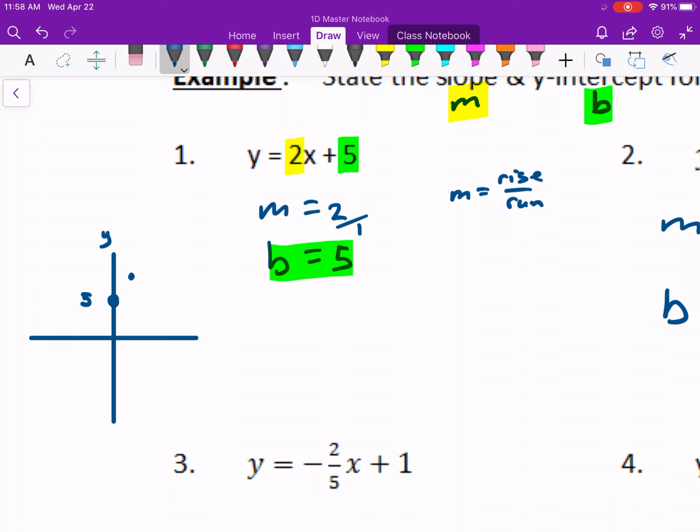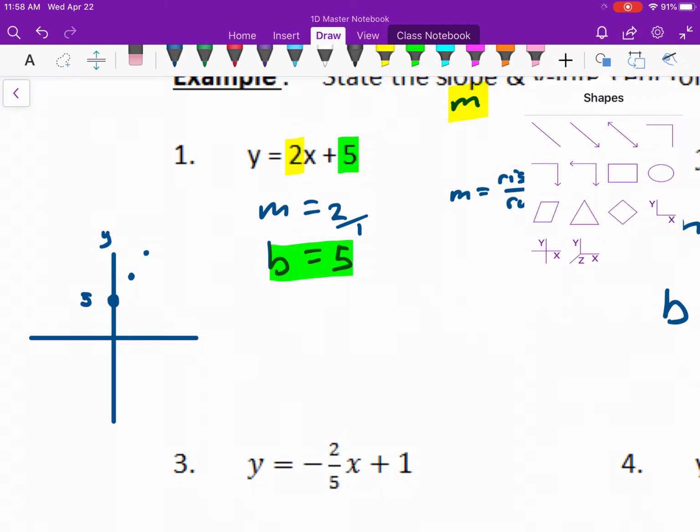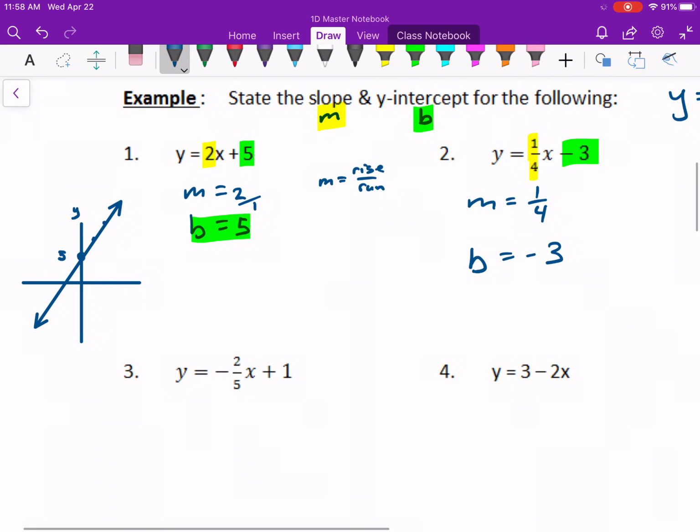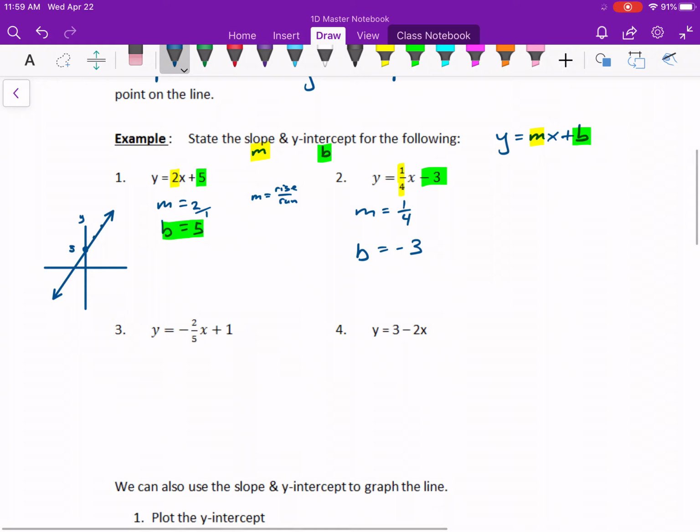And then from there I can go up by 2 and over 1 again. So again, the slope is just giving me directions. And then I can just connect everything with a straight line, and I can really draw my line quickly like that. And that's really all there is to it. So let's try it again for